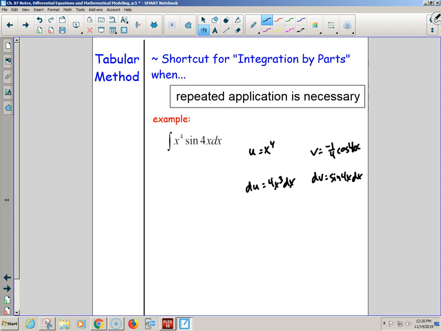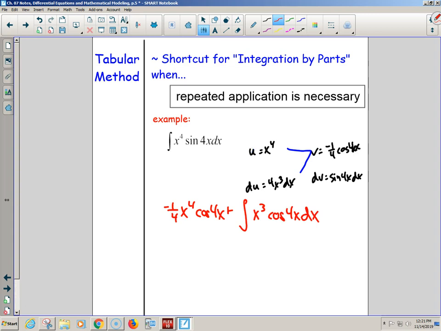Okay, did we get the process down last night? Why do I say lucky 7? Because if you've set it up the way that I have, doesn't it make a 7? uv minus the integral of v du. Or ultraviolet v du, either way. You end up with negative 1/4 x to the 4th cosine of 4x minus the integral of, well, that's a negative, so that's going to be a positive. And then I'm going to have 4 over 4, which is just going to be a 1. And then that x cubed